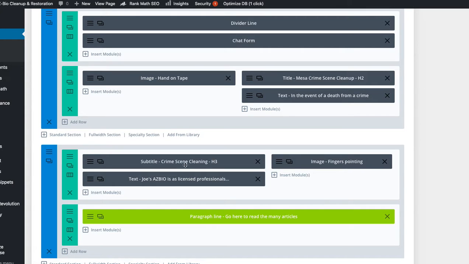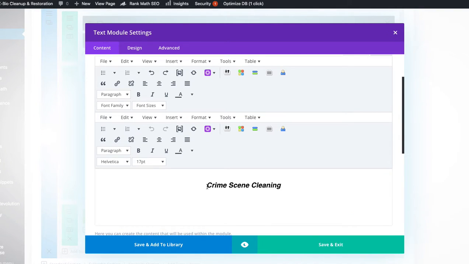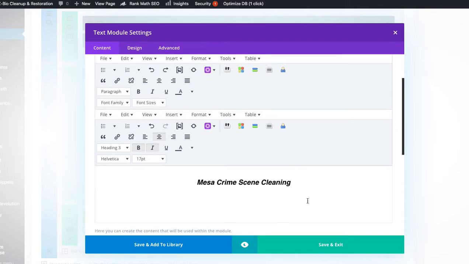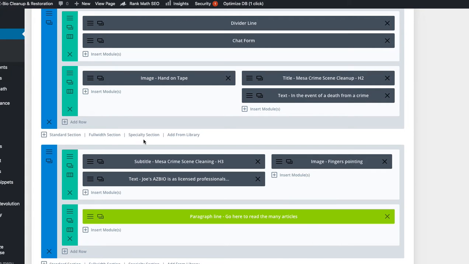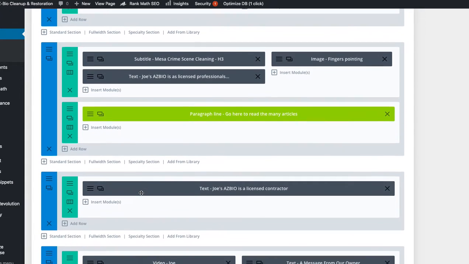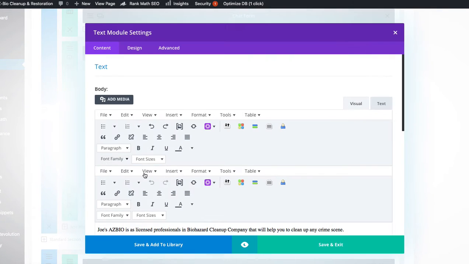and crime scene cleaning, go in here, and then make sure we put Mesa. And then Mesa. And now this one, even though it doesn't say clean up, it says cleaning, but we made it an H3 tag. There's actually a couple of H3 tags in here. Okay, and then there's one other place. I believe it's right in here. Licensed professionals. And